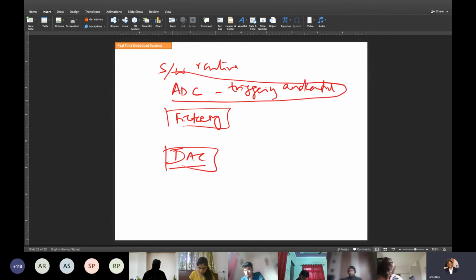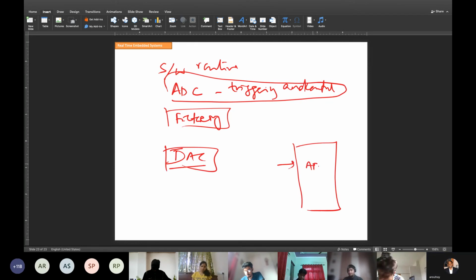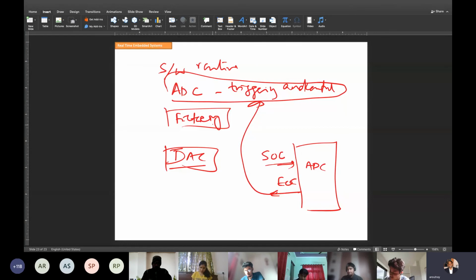ADC triggering is how it will trigger, because the ADC needs a startup conversion, and it will give an end of conversion. How to trigger it, how to read it. That is the ADC routine. Then after the ADC is done, comes filtering. That means the data has to be transferred to some memory, so there is memory management. Memory management is such that there is a window of 10 signals you have to multiply. So one part of filtering is memory management.